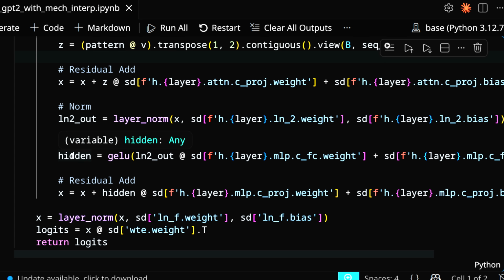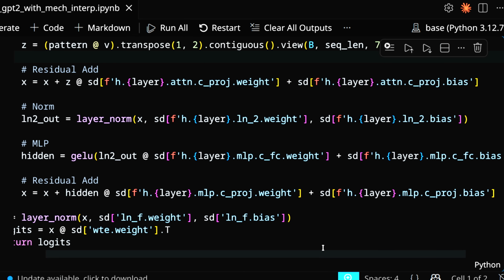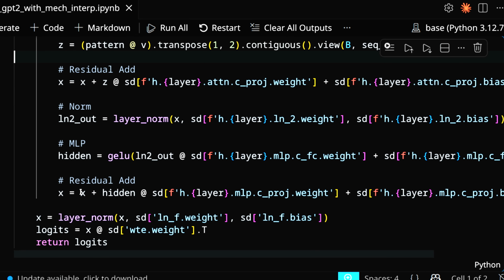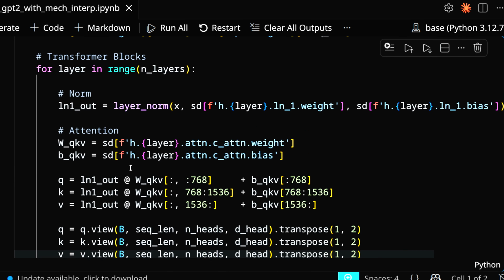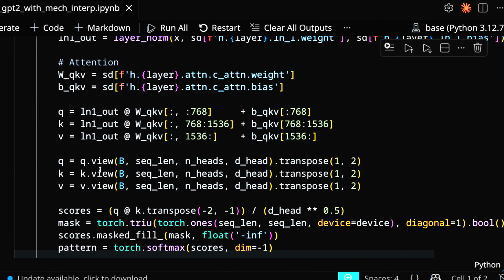Then that goes down to here, and matrix multiplies with the projection weight and adds the projection bias, and then the residual stream adds to that again, and the output of that, once it goes through however many layers there are,